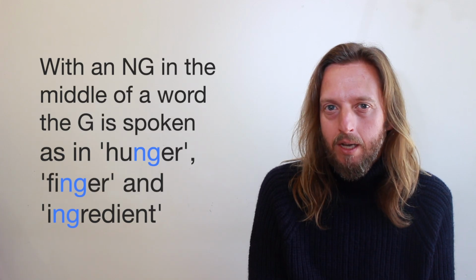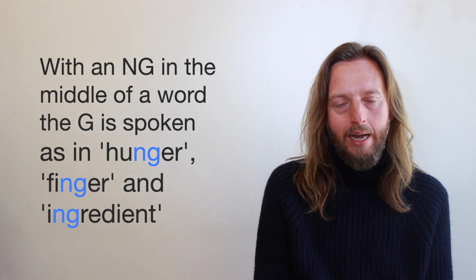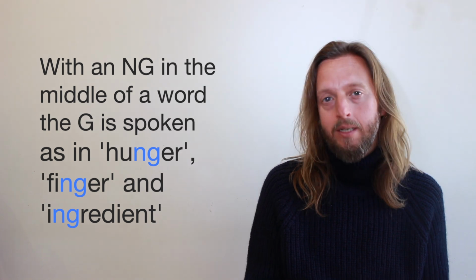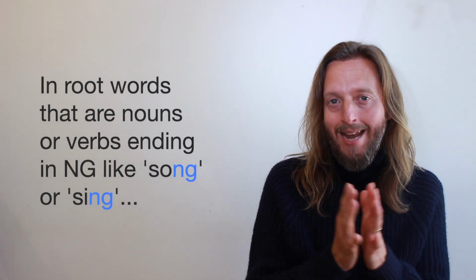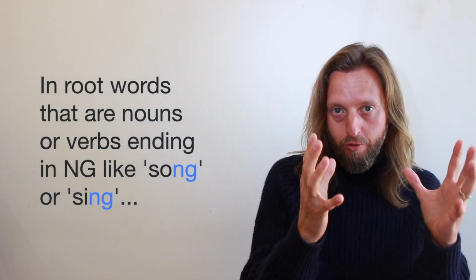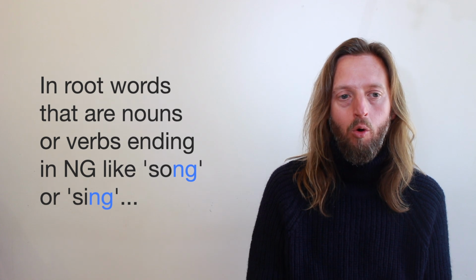in the middles of words, because most of the time, when it's in the middle of a word, the G is spoken. For example, hunger, finger, ingredient. So when you get an NG in the middle of a word, in this accent, it's typically pronounced with an NG followed by a G sound. But there is a little bit of an exception around this, and it's only a tiny, tiny group of words that this affects. But when you have a verb or a noun whose root ending is an NG, so for example, song or sing,